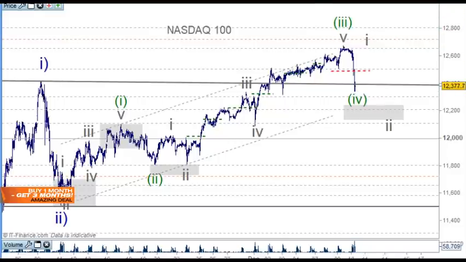Now we know wave 4s can get a bit trickier, so we may even come down a little bit lower here, having a bit of a dance across this level and back down through here, and then have an ABC back up here as such, and then come back down again still for the wave 4. If we come down lower into this space, then we'll know that we've got a wave 2 at that point. So in a nutshell, we are